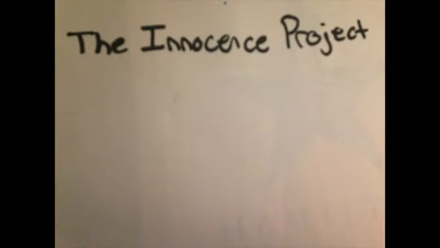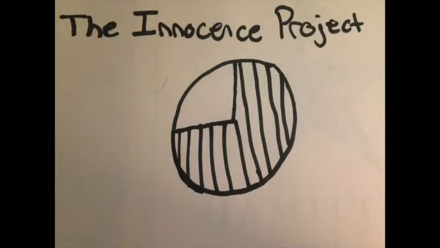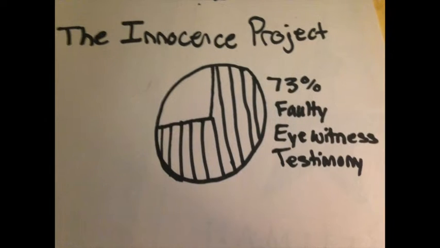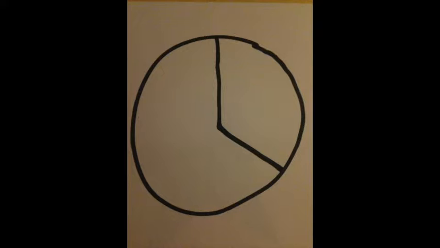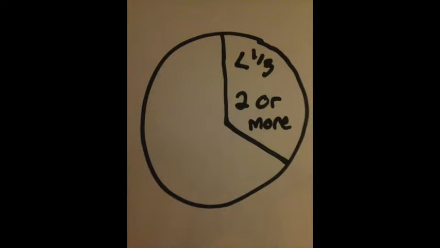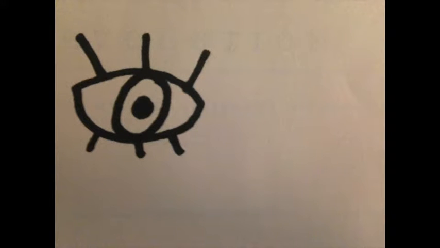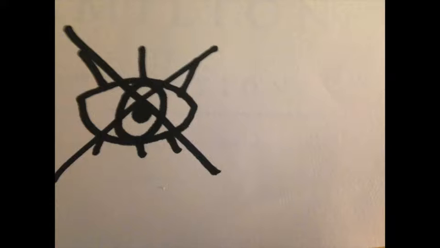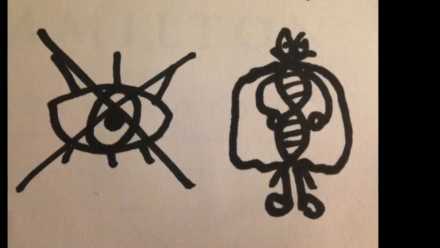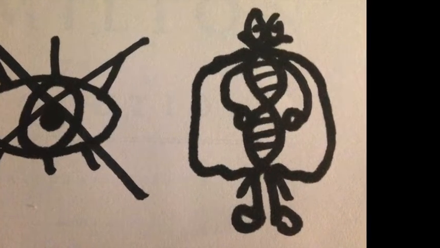Research at the Innocence Project reported that 73% of the 239 convictions overturned by the use of DNA were based on eyewitness testimony. Over one-third of these cases rested on the testimony of two or more mistaken eyewitnesses. What does this mean? That these cases had many mistakes due to the fault of the eyewitness. That DNA is the only thing that has helped these innocent people from being convicted.